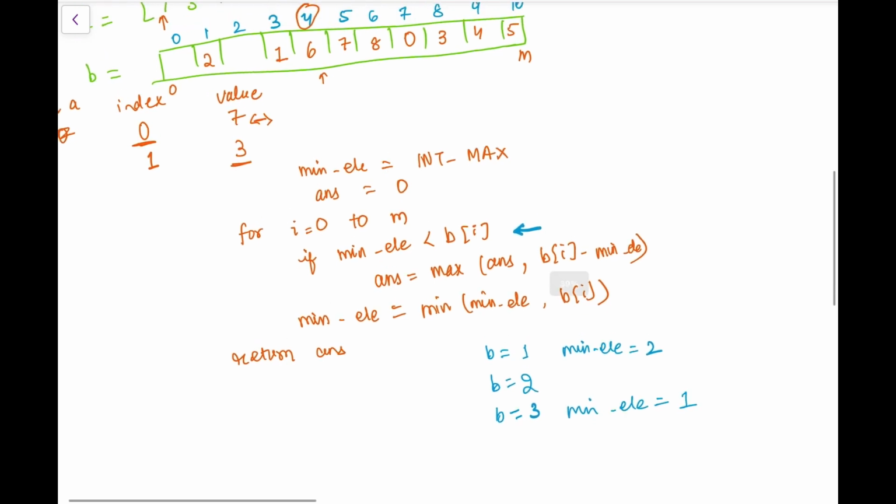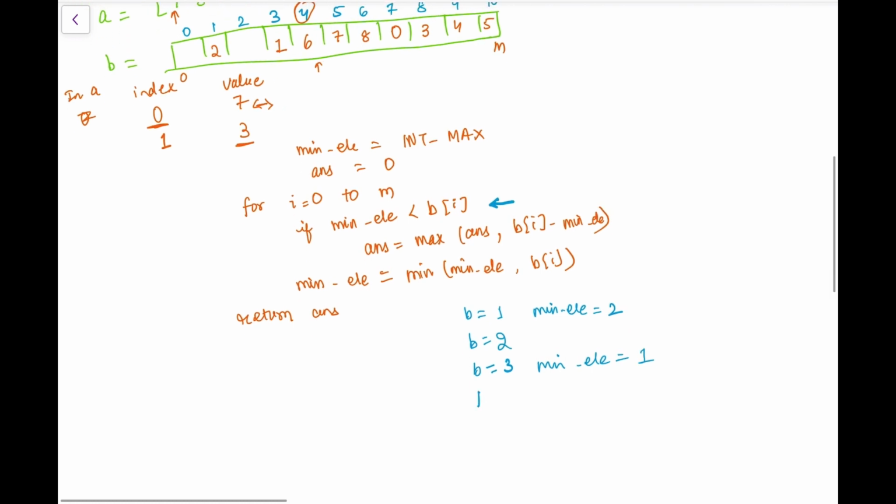Now let's go to the fourth index, b equal to 4. The minimum element is 1, b of i is 6, so b of i is already greater. So my answer will be updated: answer is 0, so max of 0 comma b of i, 6 minus 1, which will be equal to 5.